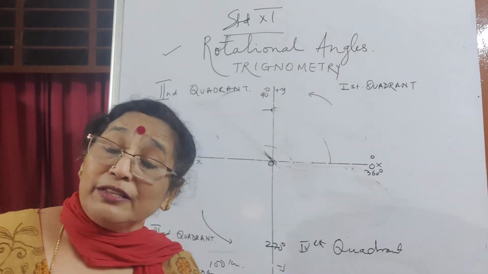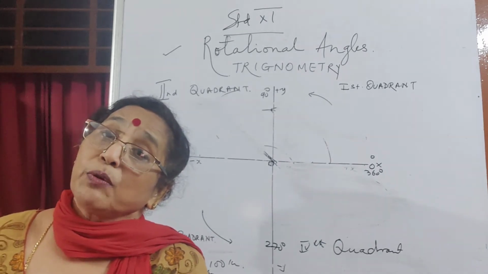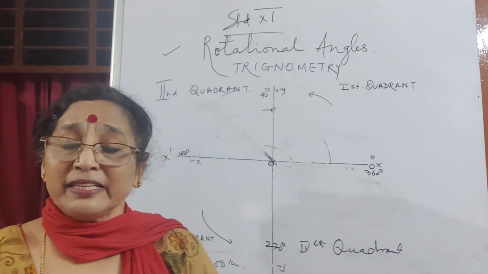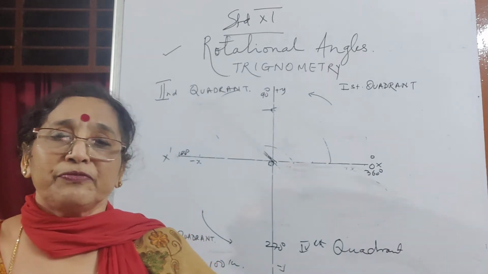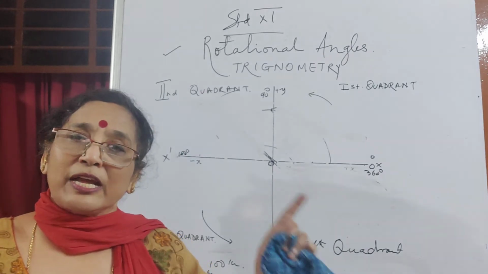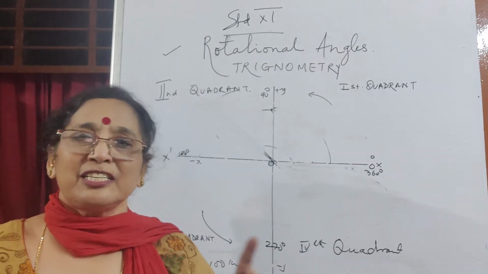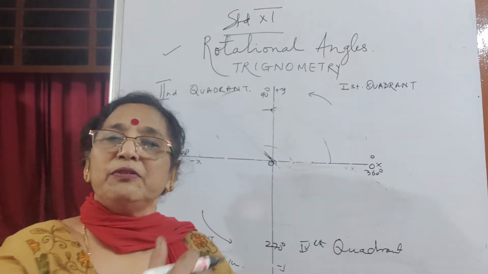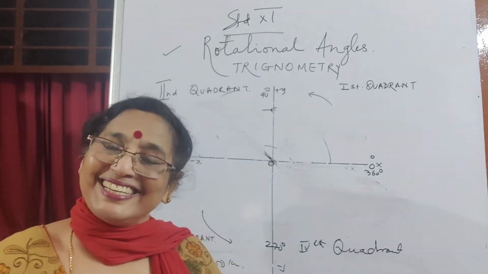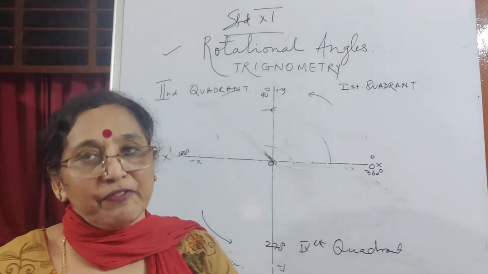If you have made an angle of say tan 7200 degrees, that's also equivalent to tan 0, because any multiple of 360 comes back. You have absolute measurement of angle, you have angle measured in radians, and you have angle measured in degrees. So I'll show that. 360 degrees is 2 pi radians and 180 degrees is pi radians. When I'm doing it on the board, I will show you 180 degrees is pi radians, and 360 degrees is 2 pi radians, right? 45 degrees is pi by 4 radians.